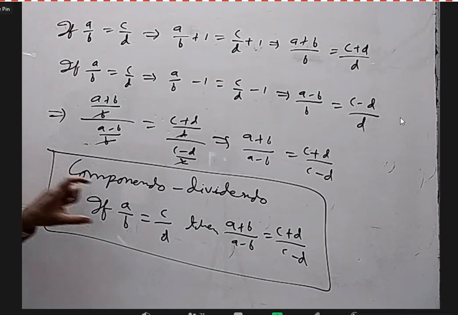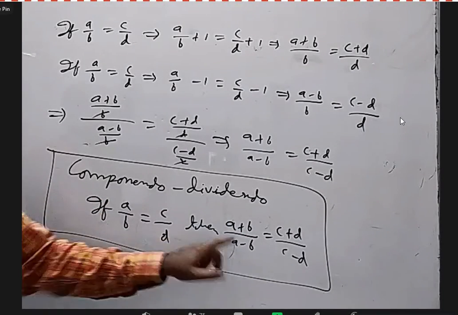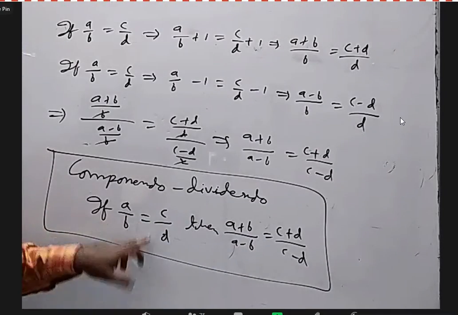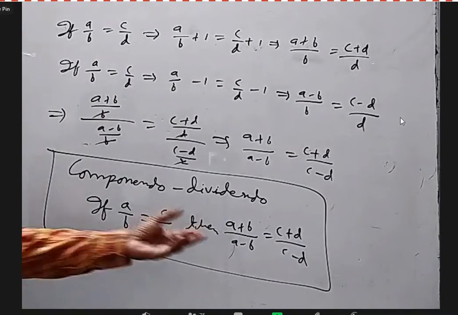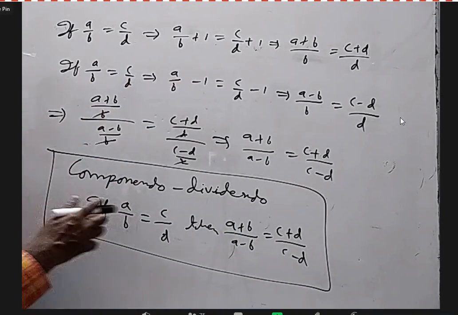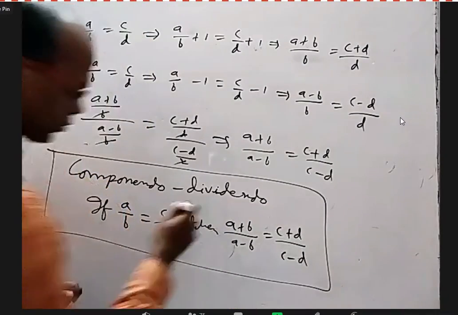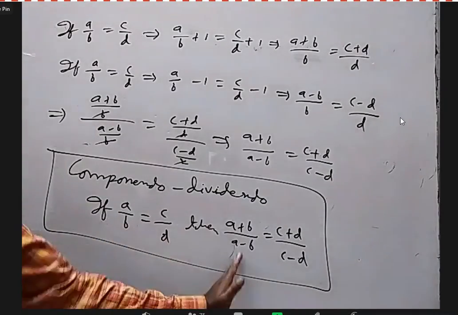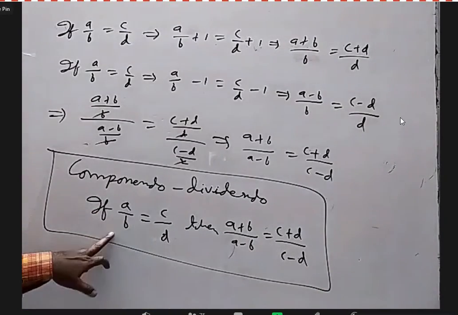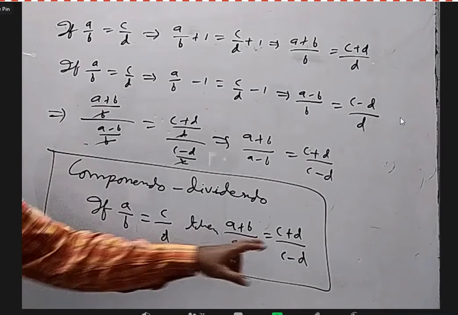For the first fraction, numerator plus denominator by numerator minus denominator is equal to, for the second fraction also, numerator plus denominator by numerator minus denominator. This is a simple algebraic one, the proof is also given. You can write it; I would have told it in theory, it's okay. We'll be using it in future chapters and even in the present chapter in quite a few places. Whenever two ratios are equal, we can arrange like this: numerator plus denominator by numerator minus denominator of the LHS equal to numerator plus denominator by numerator minus denominator of the RHS.